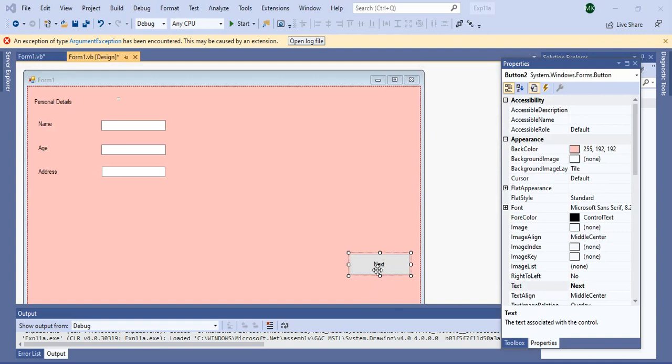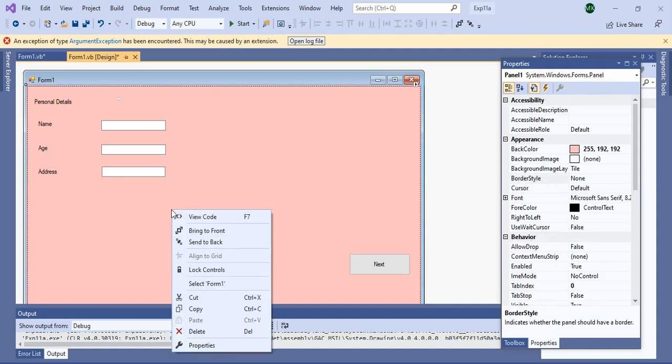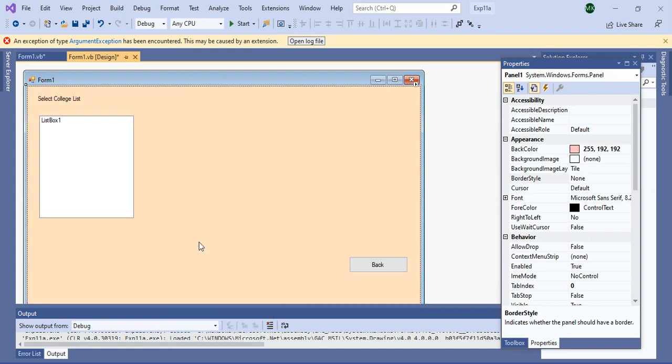Now we will write code for the next button: open second panel, send to back.